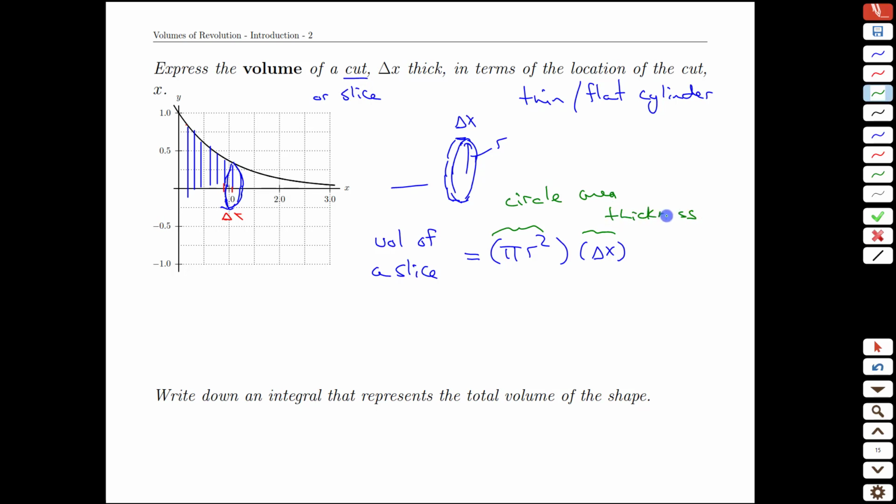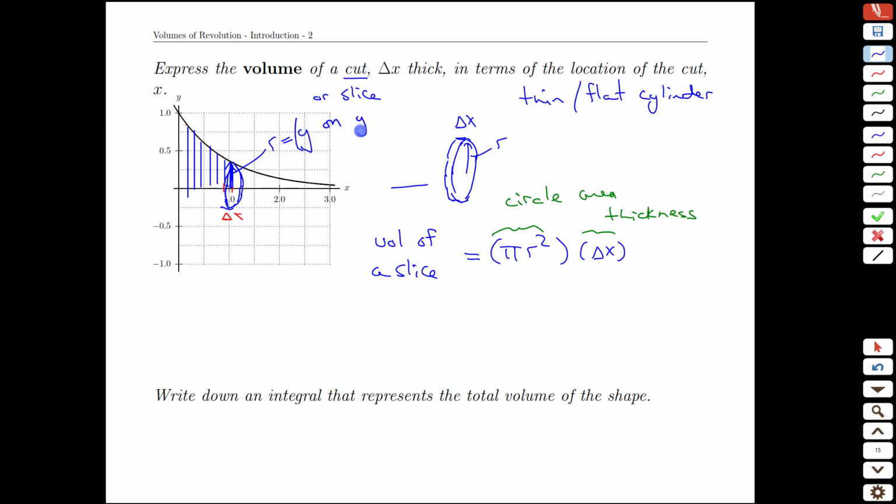So with those ingredients, we have in principle the volume of any slice. Of course, this r here changes. It's 1 at the slice at the bottom here, and it's some other number down here. But can we find out a formula for r? Well, absolutely. This distance here is r. But that distance is also the y value